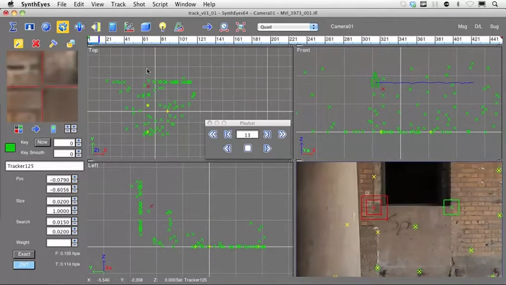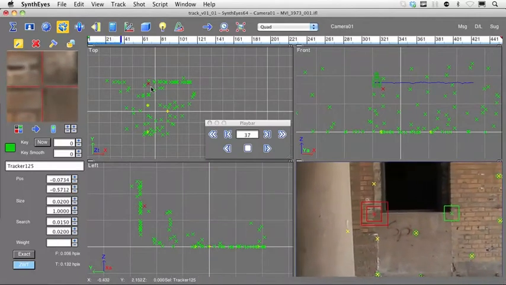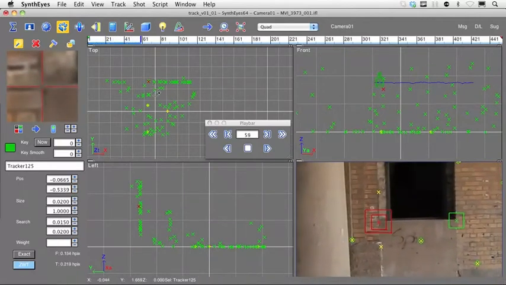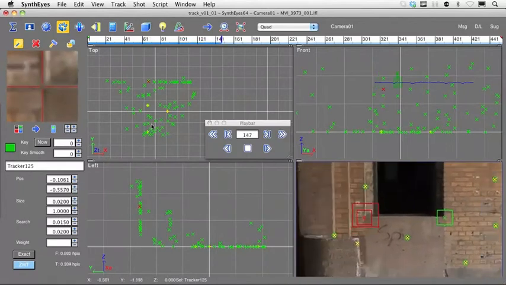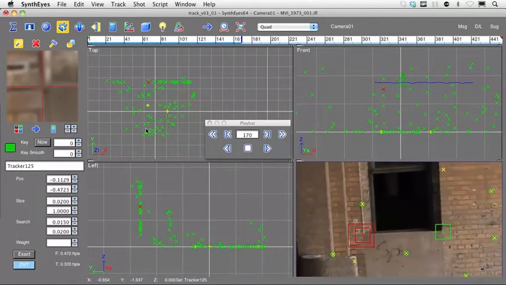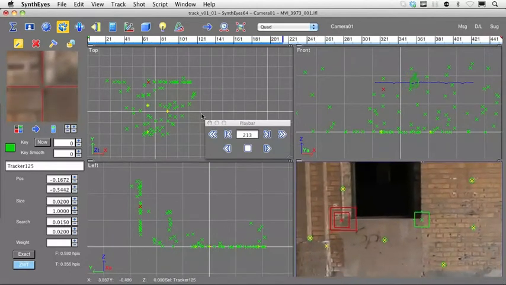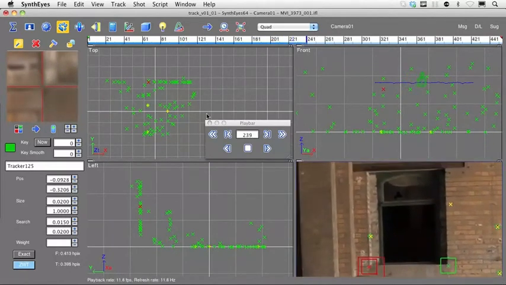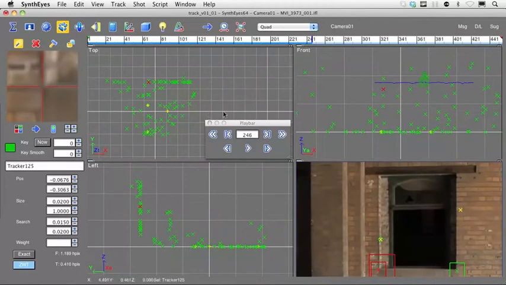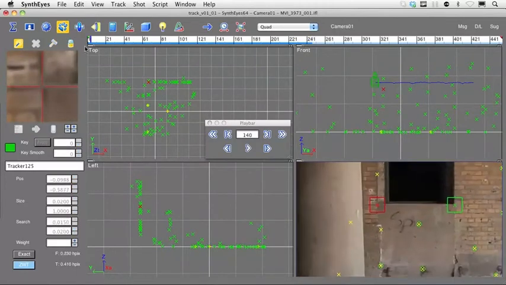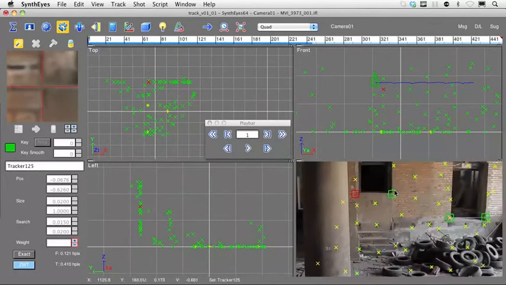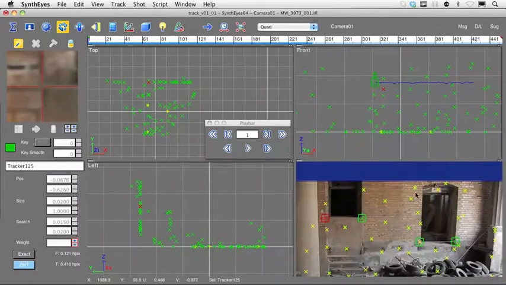Hit go. And then watch that tracker converging to that position. And then after 100 or 150 frames, it has finally arrived in its final destination. So lock that, and that way we can really remodel that